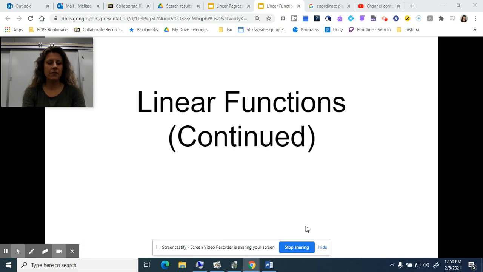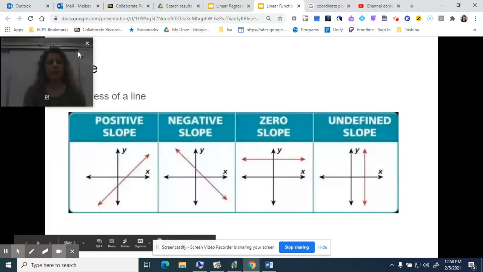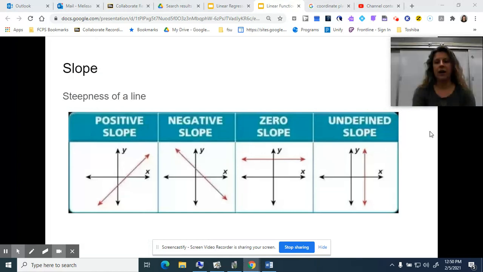Okay, the first video that we're going to use this week is to continue to talk about the algebraic topic of linear functions. So the first thing that we need to discuss is the slope of a line that is formed on a graph. So the slope refers to the steepness of the line, and we do have a mathematical way of calculating